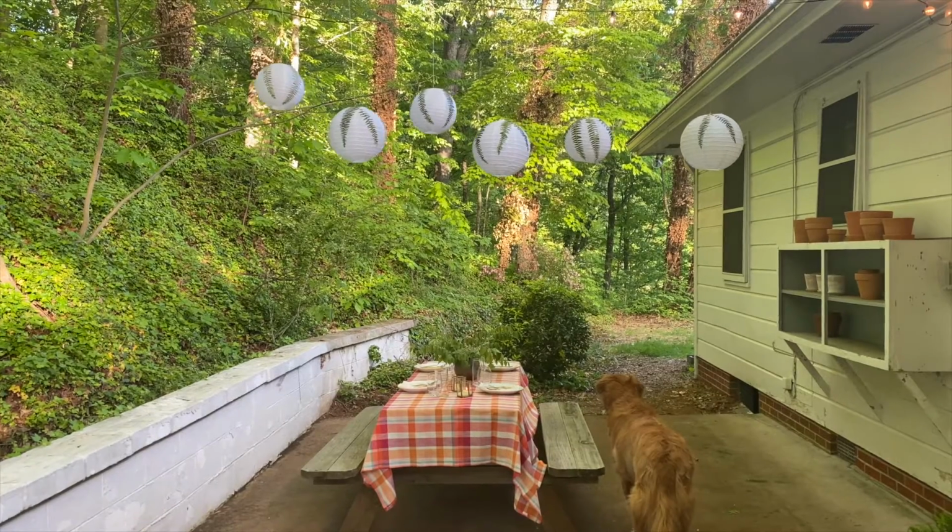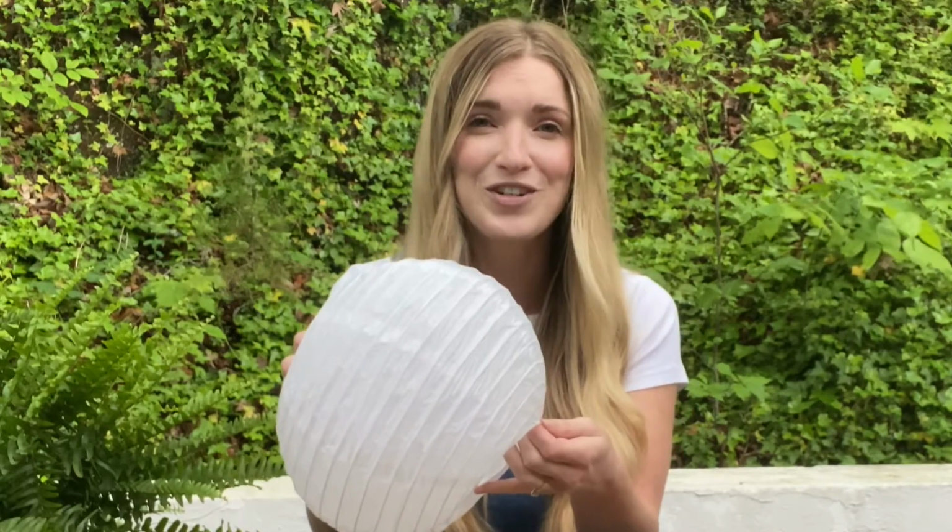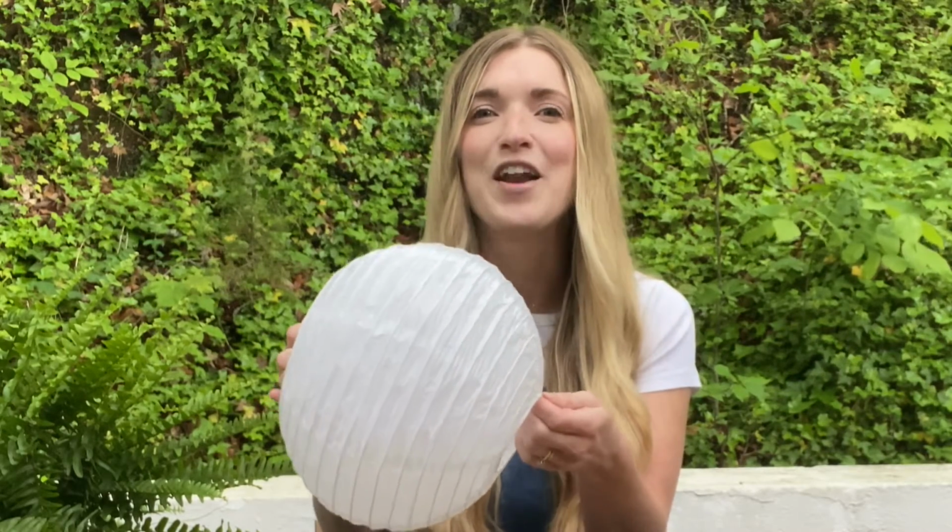I started thinking about paper lanterns. Just your basic white paper lantern. You can buy them almost anywhere. When I go to an event and they have paper lanterns strung up, I think it's so beautiful and whimsical. Anyways, I just love these basic white paper lanterns, and I thought it would be fun to add a botanical